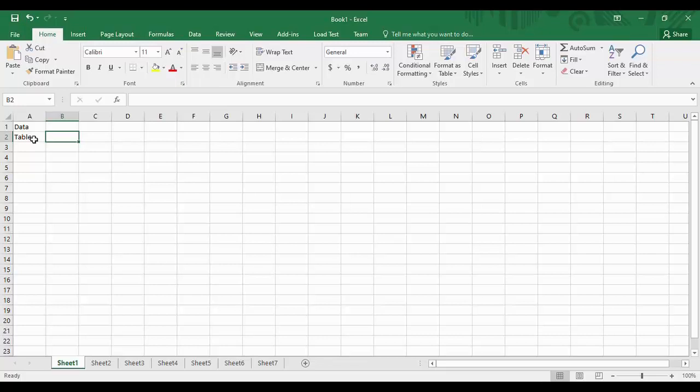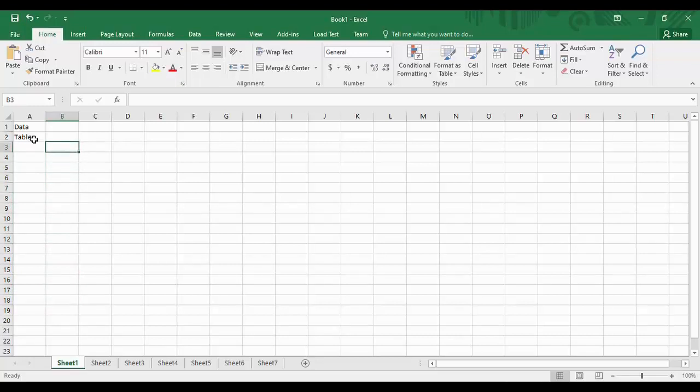So whatever the data that I entered over there is now removed from the cell. So that's how you can navigate to the different cells in your worksheet, either by pressing the arrow keys, or when you are on a cell you can press the tab key to move to the right. Then you can press the enter key to move downward, and if you want to move upwards then you can press the shift and the enter key.